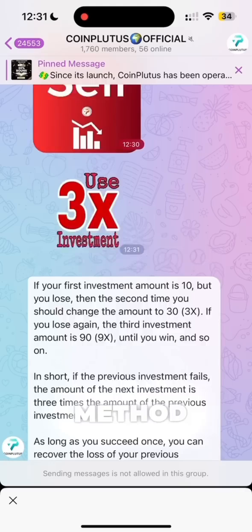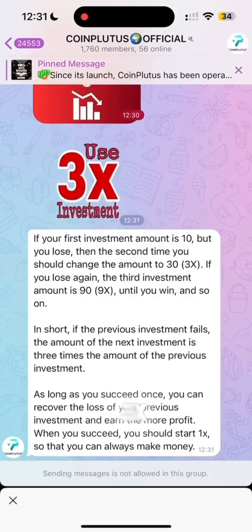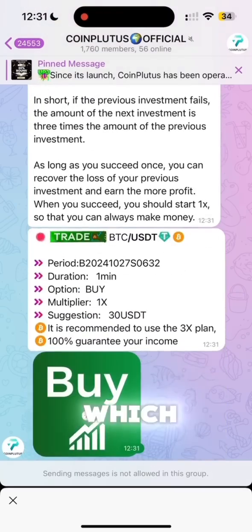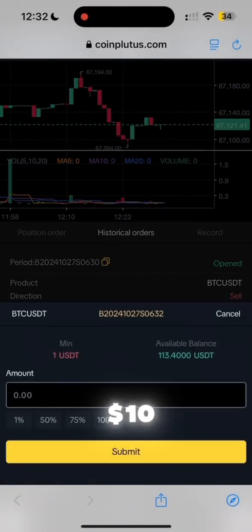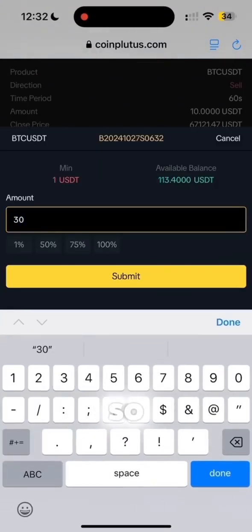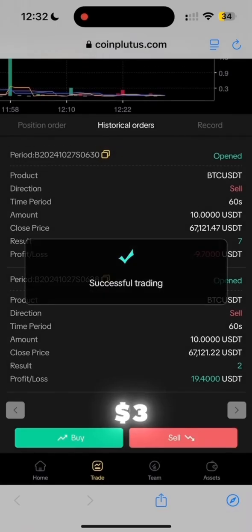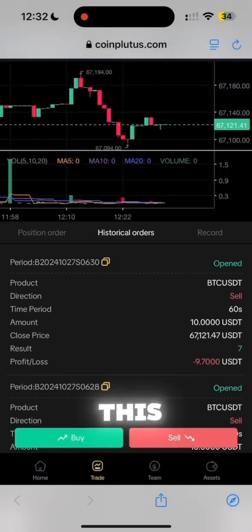So under this method, they've used the 3x investments. It means that if you fail on your first initial investment, on the second investment you put 3 times the first. So the first one was $10, so I failed. If I fail, it means that I would lose my $10. So the next investment should be $30. Let's say your total capital is $10, you have invested $1 in the first, so the next investment will be $3. Okay. If you lose again on this second investment, the next would be triple that. That's called